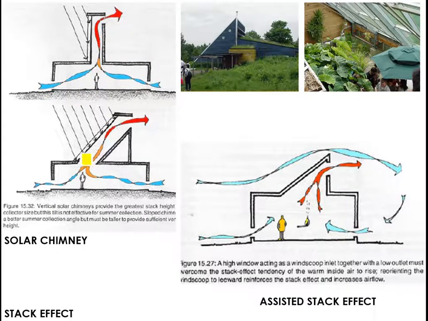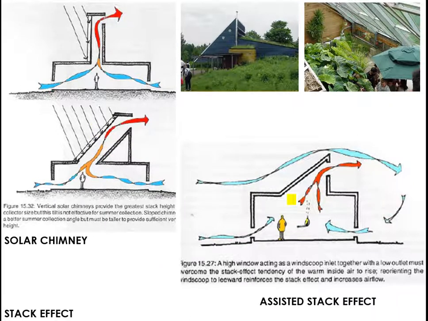Okay, so the solar chimney can be used during summer and also in winter, which we can see in the later chapters. So this is the effect of the solar chimney, which is due to the stack effect or the chimney effect. The solar chimney can either be perpendicular or it can even have a slanted glass portion, which can be more effective because of the slant and can create more heat. So that is what is called a solar chimney.